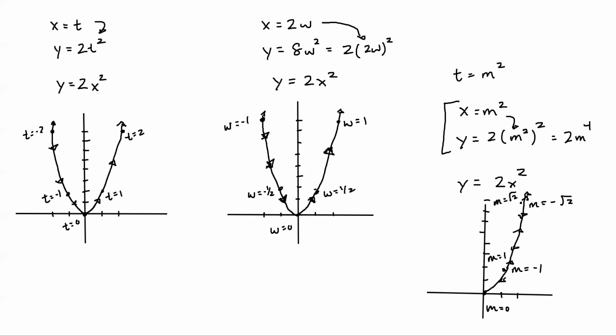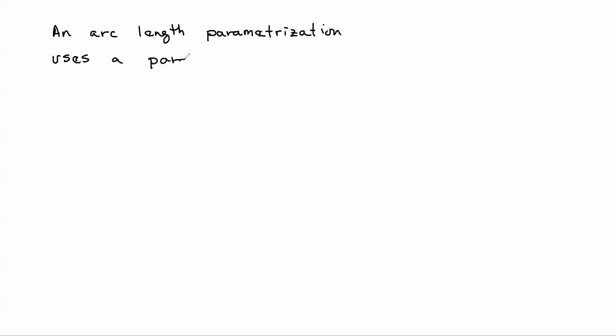So what about an arc length parameterization? An arc length parameterization uses a parameter s. So s is the typical letter, such that